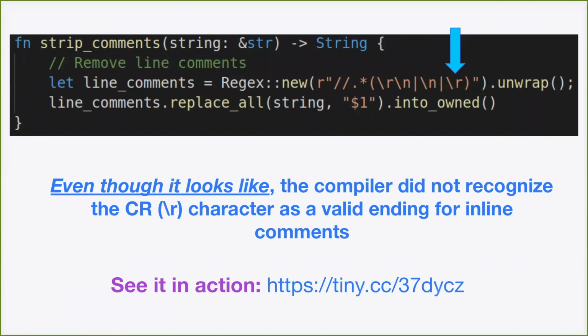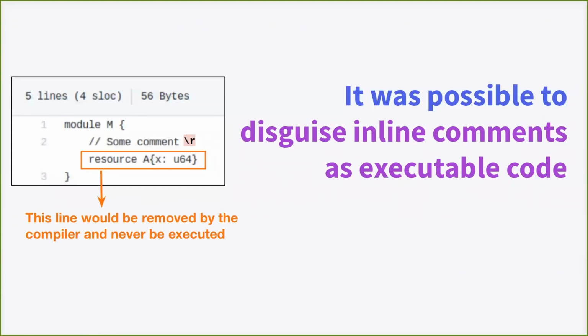So again, that is the function, and it looks like the compiler is not recognizing the CR character at the end of an inline comment, and you can play with that by following this URL. It will just take you to the Rust playground where you can play with this function, try different inputs, and see what happens. Okay, so to sum up quickly, it was possible to disguise inline comments as executable code, as we